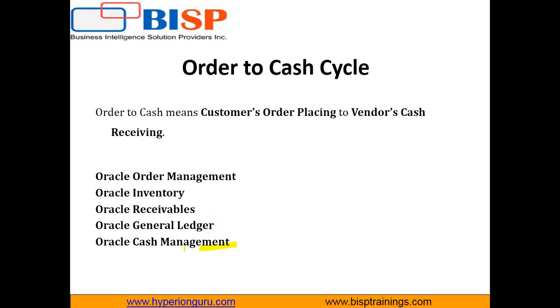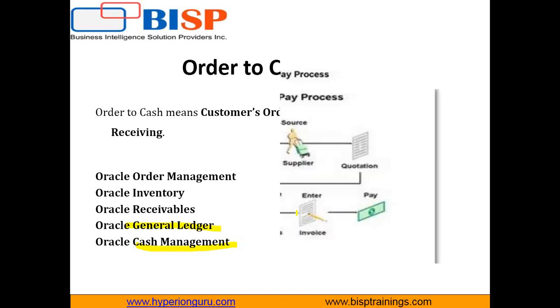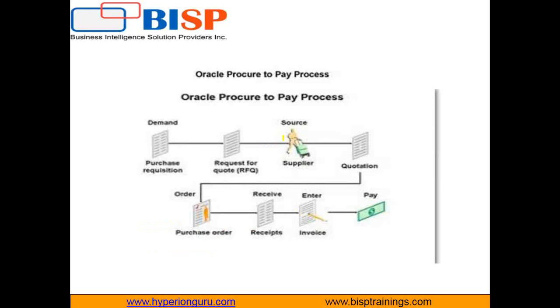you're going through cash management, where it's going to again verify what are the products you have supplied to the customers and what is the amount you received. So it's going to match and work out in the cash management module. And once everything is done, you'll be pushing the data into the general ledger. That is where you're finally going to get the balance sheet of your industry, that is the profit or the loss, right? So let's go through the orders to procure to pay,